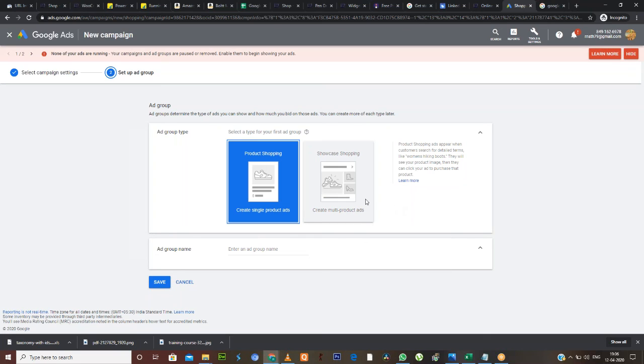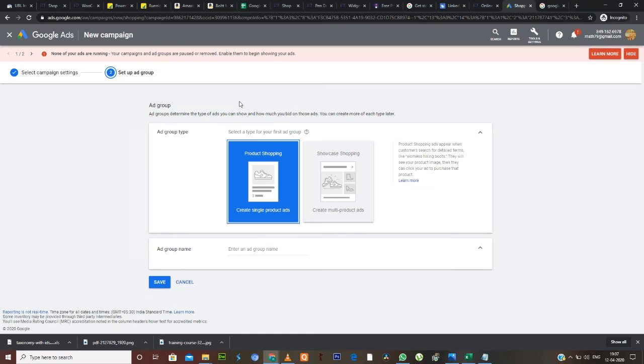If I select the first one, product shopping, I don't have to create any ad. On the top, are we getting anything to create an ad? No. Set up the ad group, save, and your job is done. You just have to give the ad group name. By default, Google is going to automatically create the ad for you using the feed. Job done. Simple. And your shopping ad is completed.